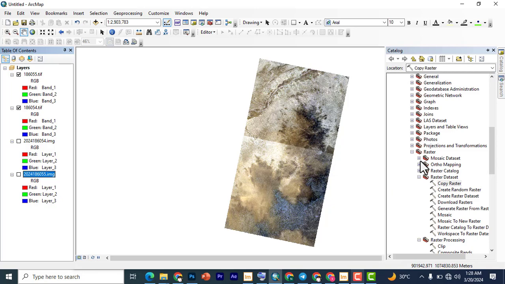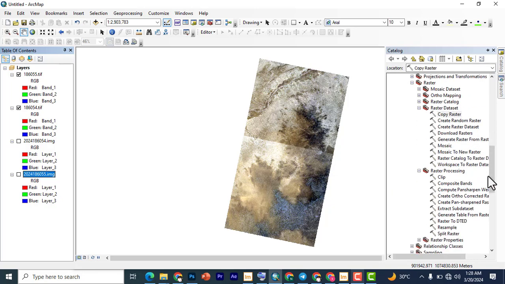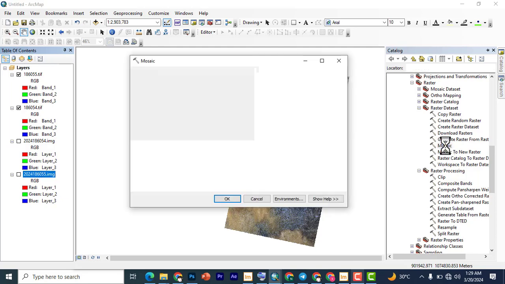So from copy, now we're going to proceed. For some datasets, if you copy to a new raster, mosaic to a new raster, it's going to work. But for some, if you mosaic it directly, it's also going to work. So it depends. You try some luck. I don't really know whether it's an issue from Landsat, or maybe we're still not perfect in understanding how to do this. But whatever it is, if you use this mosaic,